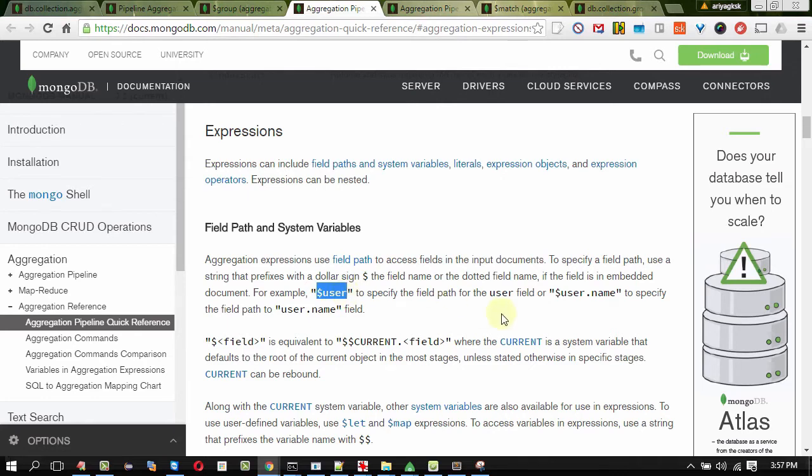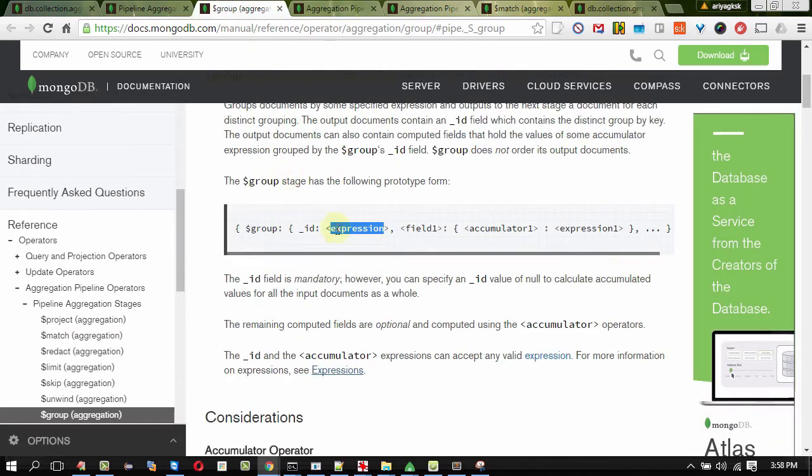Similarly, for an embedded document, in case of user with a name field, you can access that using $user.name, whereas the field path to that is user.name. Let me repeat this. If your field name is user, in an expression you can use $user to access it. And in the case of a field in an embedded document, for instance user.name, you can access the field by using $user.name. It's as simple as that. So this expression you'll be using for a group operator.